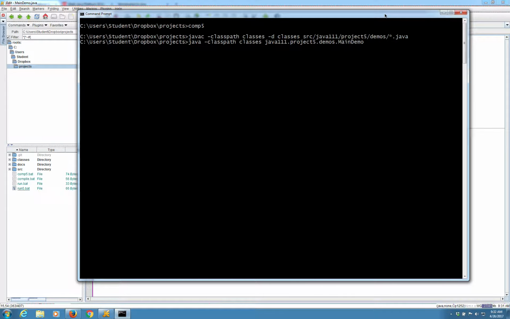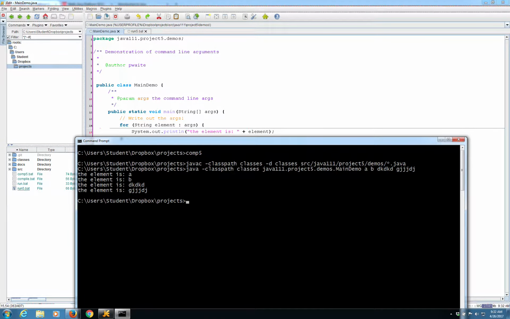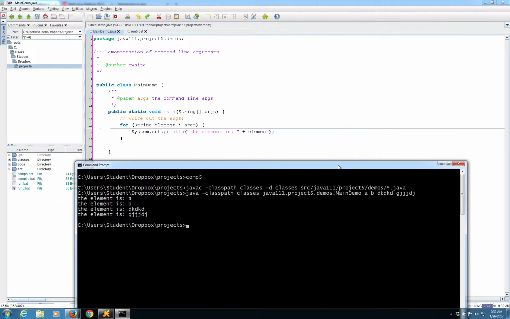Those command line arguments, I can type stuff after the command line, and those are the arguments that will be passed into my program. So we can see those coming back out. It's essentially separated by spaces. A is the first argument, the first thing in my list. So my array of strings, I apologize. B is the second one, this goofy string here and another goofy string here. Those are the four strings that are being passed into my program.